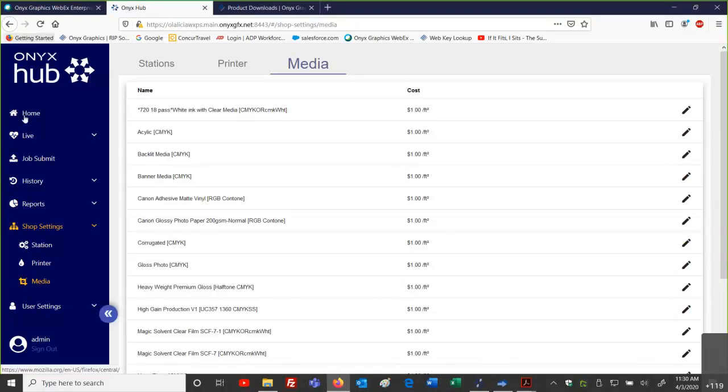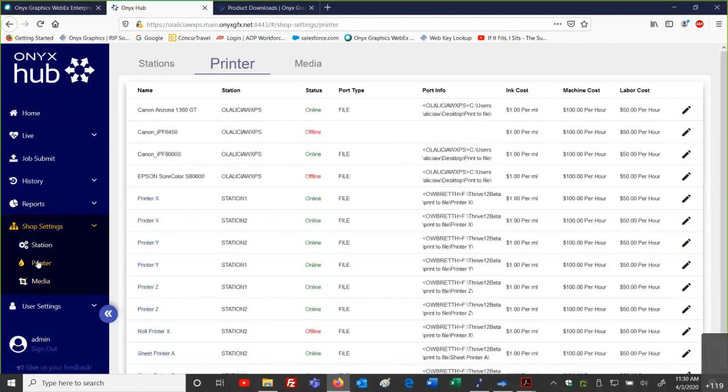When we think about our shop settings and our printers, for this printer there's going to be a certain ink set, and there's going to be a cost attributed to that, and that is the ink we're using on a regular basis. For this printer, there's going to be some type of machine cost or labor cost based on that printer.